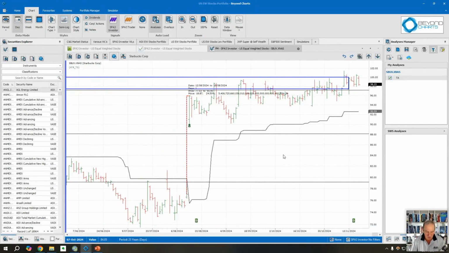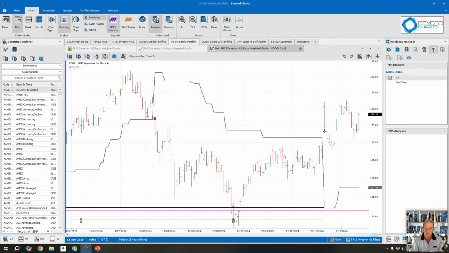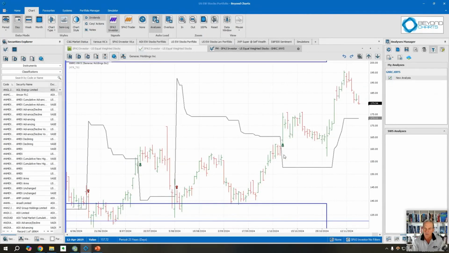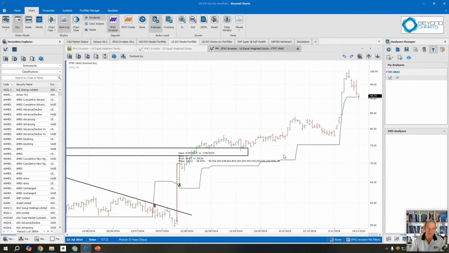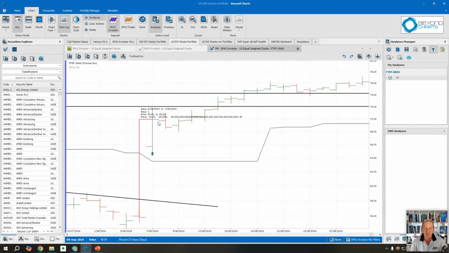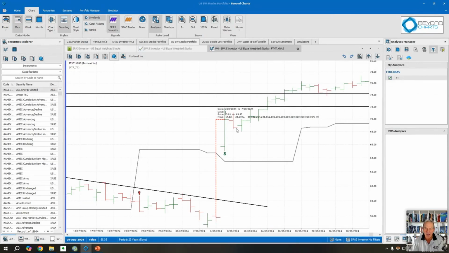But that's not the only one. There was another. What was the other one? We'll just quickly go through. I'll probably have to go up on this to find the other one. Oh, FTNT, Fortinet. Fortinet also had a 25% rise that caused the signal on the signal bar, and we entered the next day. On that day, it was down 1.79%, on the 8th of August. And so we had both. We had Axon and Fortinet happen on the same day. Here we had two 25% rises. We had available capital, so we had to take the trade.